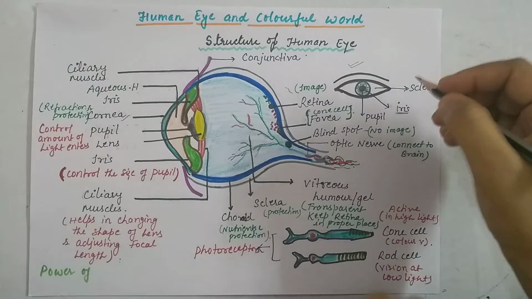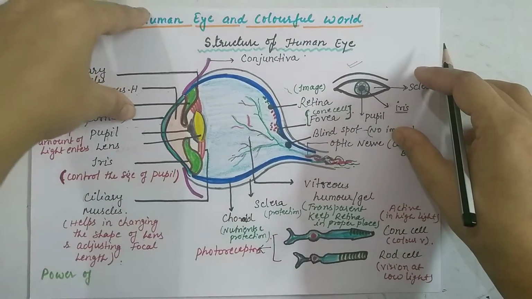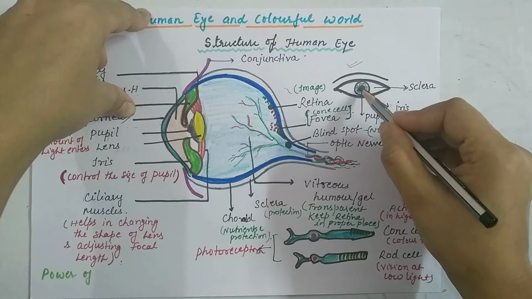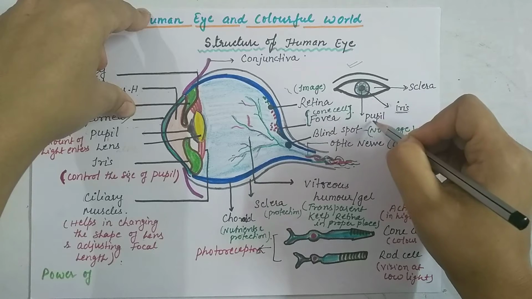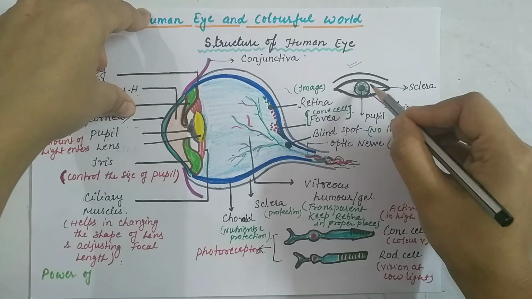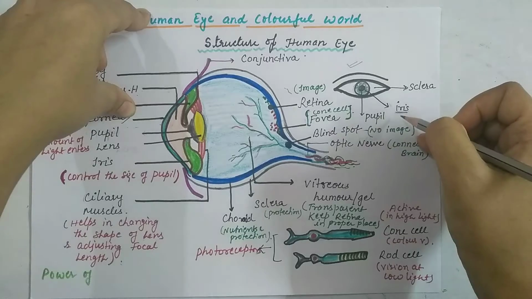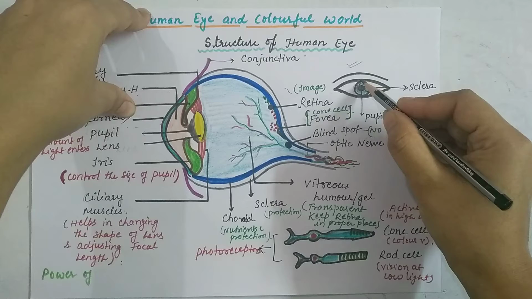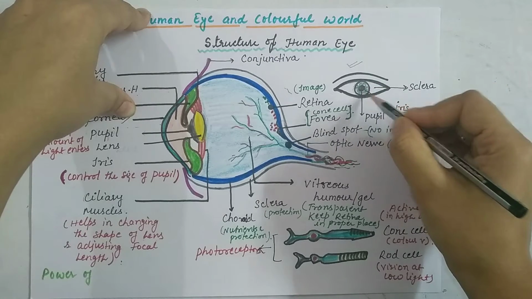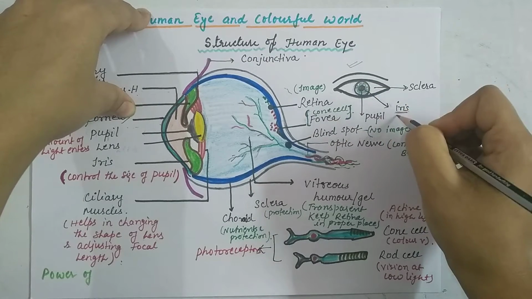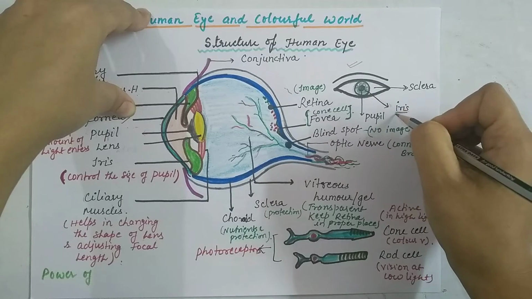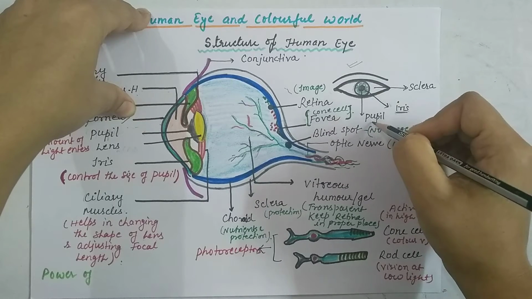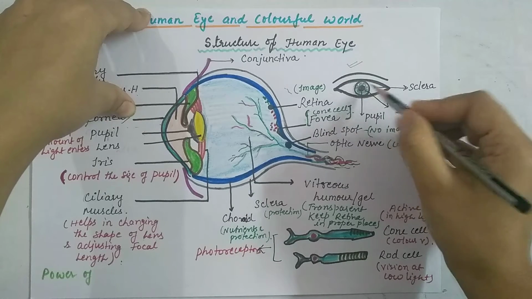Whenever you observe any eye, or your own eye, what things will you find? Three things. The eye looks like this, and a black spot is present in the middle of the eye, that is called the pupil. Some people have brown eyes, some black, some blue or green. The color of the iris tells about the color of the eye. Whatever the color of the iris, that is the color of the eye. So this black spot is the pupil, and it is surrounded by the iris.